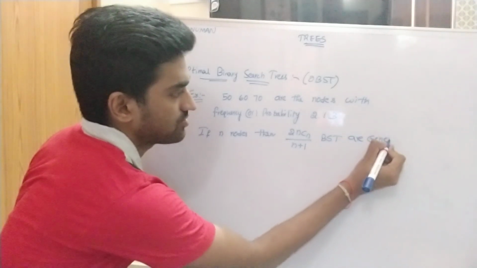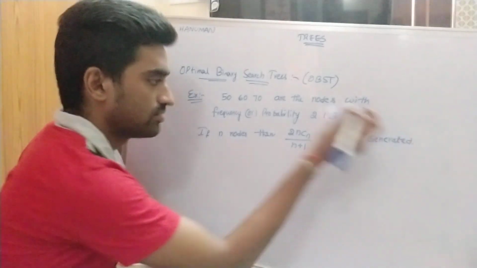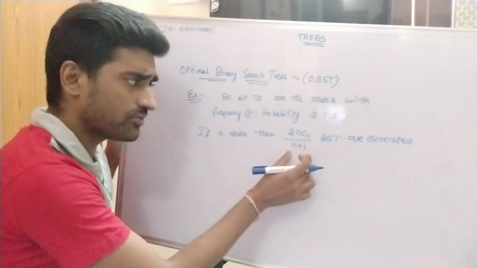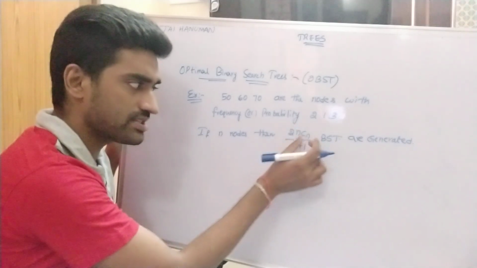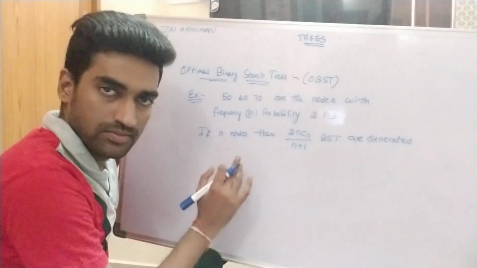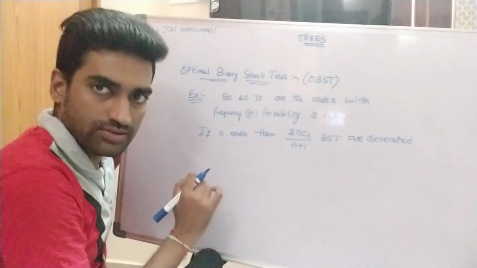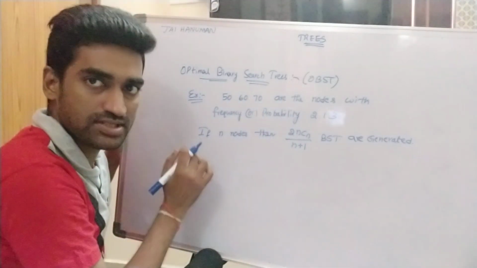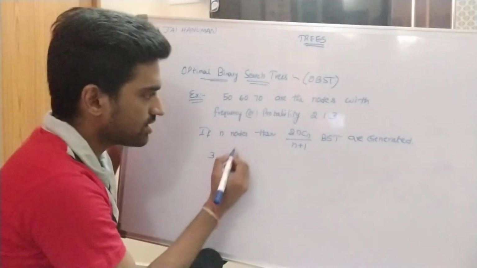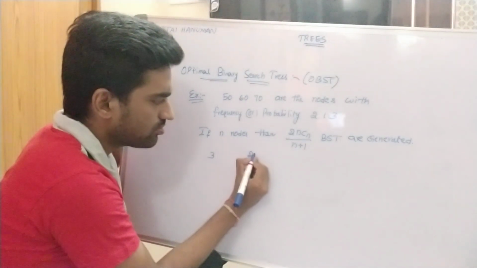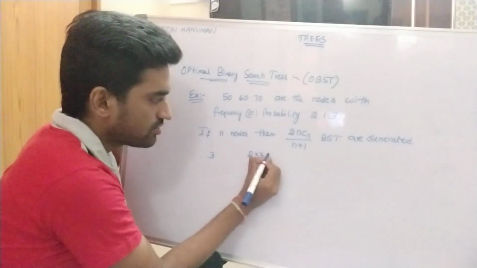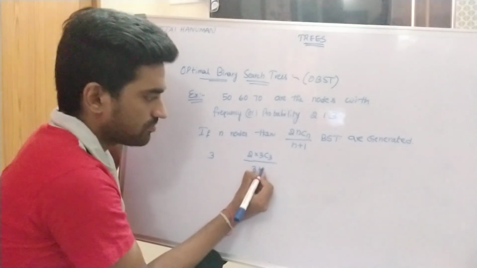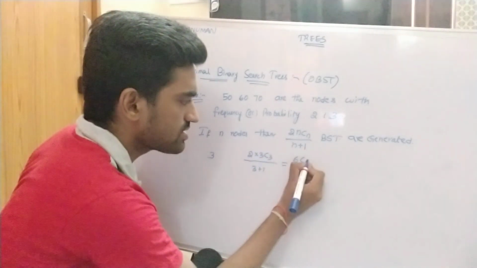Binary search trees are generated. Fine. So here n nodes are given, then how many binary search trees are generated? 2n C n by n plus 1 binary search trees are generated, right? So suppose, according to our example, how many nodes are there? 3. So then we are generating 2 into 3 C 3 by 3 plus 1, which is equivalent to 6 C 3